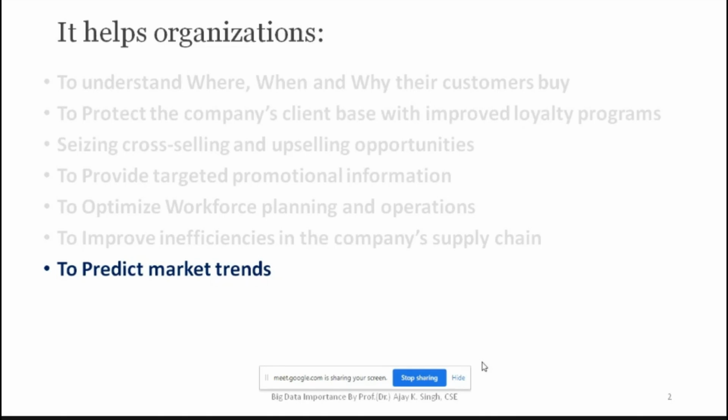What is the trend? If you want to go for a mobile shop, whether you should go for a mobile shop online, or you should open that shop in your Connaught Place, which is a really posh place, and it is very difficult to pay the rent of that shop, isn't it? So in that case, this prediction of the market is very, very important. This is a very, very important part of your big data. Then you are going to think, why don't I open a shop like e-commerce, and just sitting at one place, earn a huge amount of bucks without physically opening the shop in Connaught Place, isn't it?